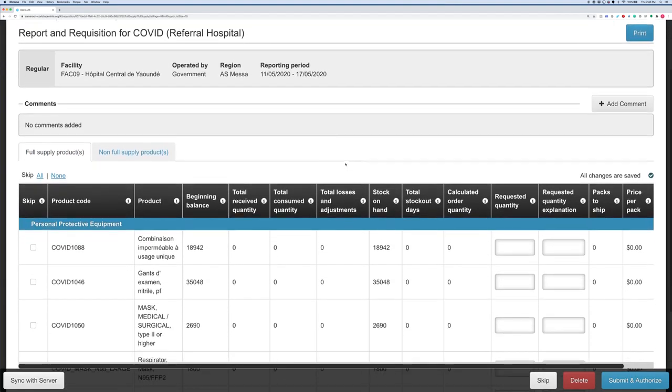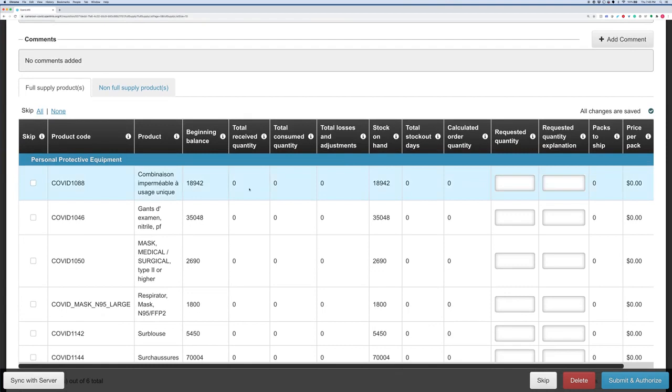So on the requisition screen, I have a list of all of my products. And this requisition is set up as a stock-enabled requisition. So because I'm doing those stock management functions, like the physical inventory that we just saw in the system, all of the data from my inventory gets pulled automatically into my requisition. So I just have to review the information,